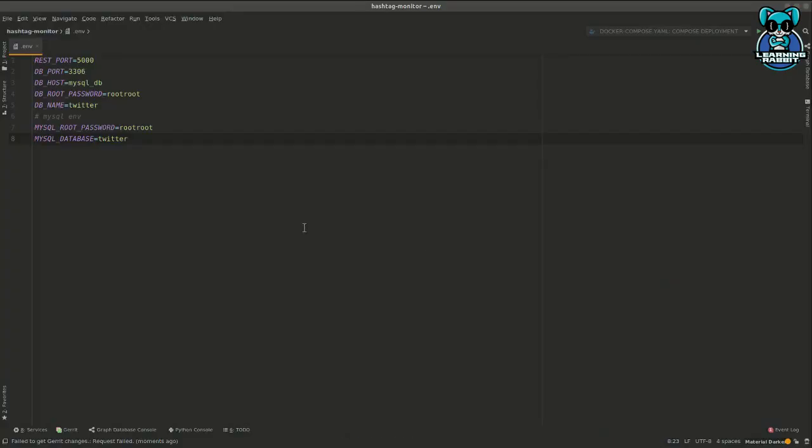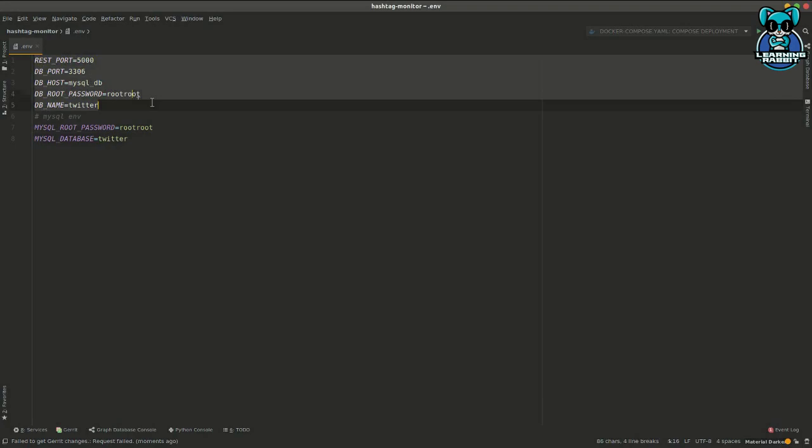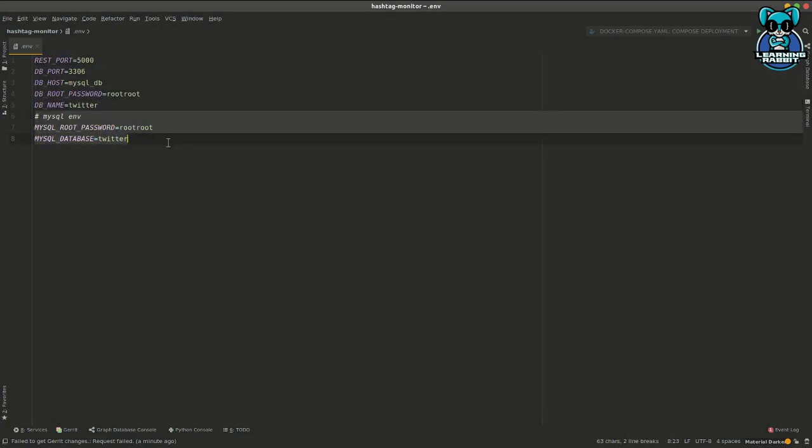So before we start coding, let me show you all the environment variables that we will need for this application. This first part denotes all the environment variables that are required as part of my front end, or so these are the environment variables that are required for this application. And the first section represents all the environment variables that are required for my backend, and these two are required